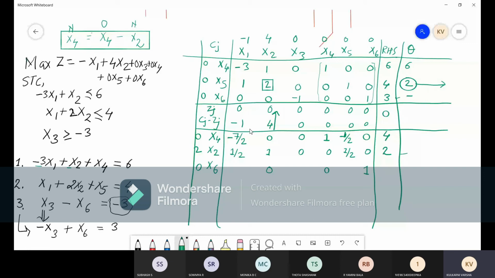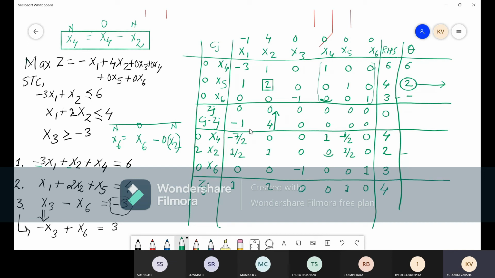That means what? If you multiply this 1 by 0, and then you subtract it from X6, you will get 0, right? What will be the equation? The equation will be for new X6, you have to take old X6 and you have to take always the newly entered variable. In this case, it is X2. So you are multiplying X2 by 0. Then you are getting the correct answer. So let us do the same thing for the other.